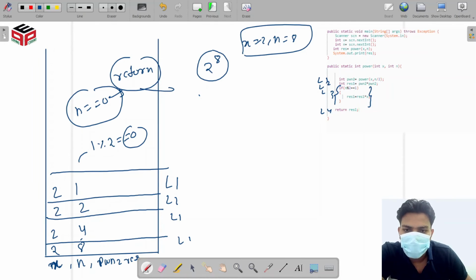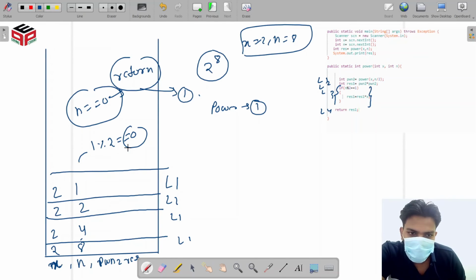the value 1, because power of 0 is always 1. So we return 1, and we get power of n divided by 2 when n equals 1, which is 1, because we returned 1 from here.